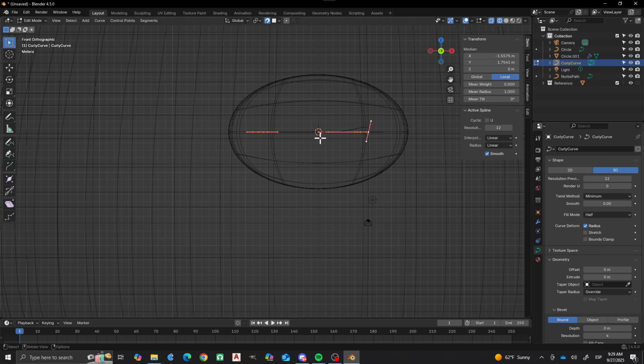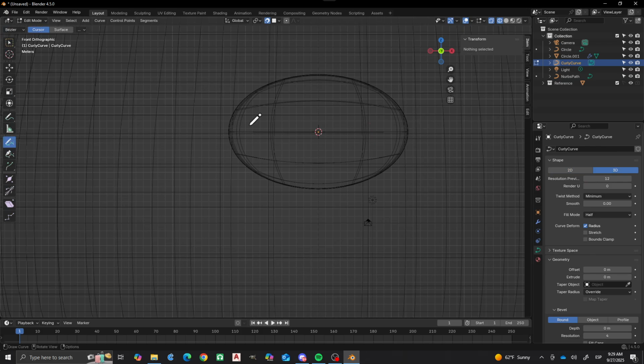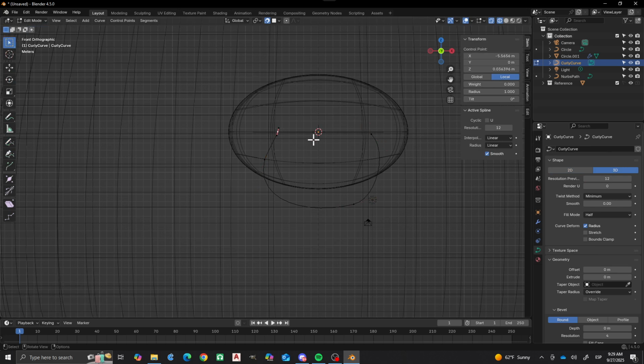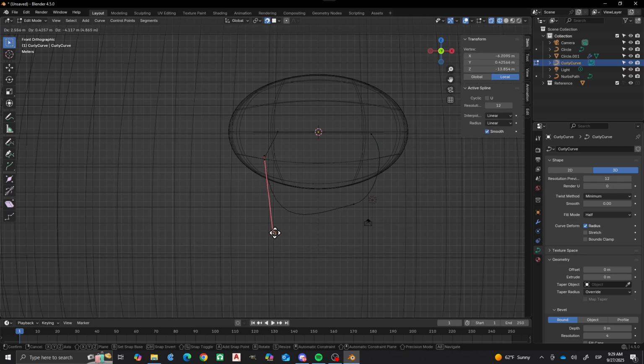I just realized that. Delete those vertices. I'm going to do this again. There we go. All right. So